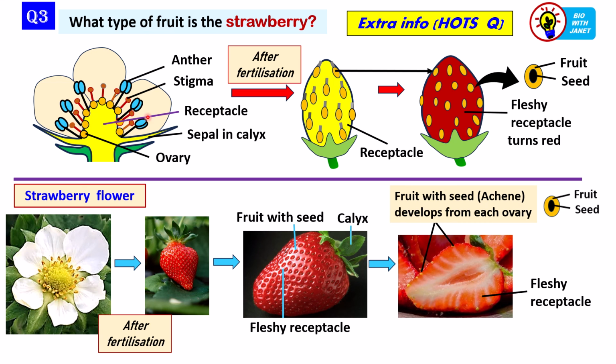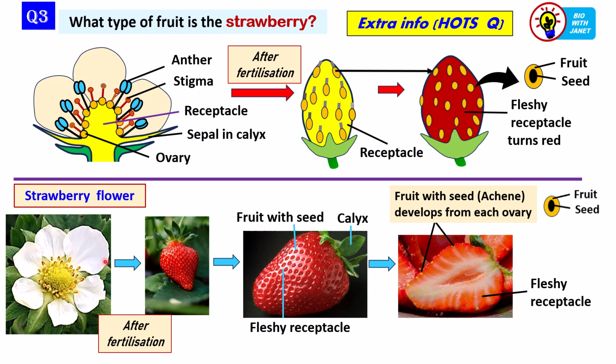Now, what happens to the ovary? So the ovary will also develop, and this orange part of the ovary will form the fruit with one seed inside, okay, and the whole structure is called an achene, tiny fruits. So the ovary probably develops a little, okay, but the main part that develops is the fleshy receptacle. All right, the fleshy part that we eat is the receptacle, which is red in color. Okay, now so